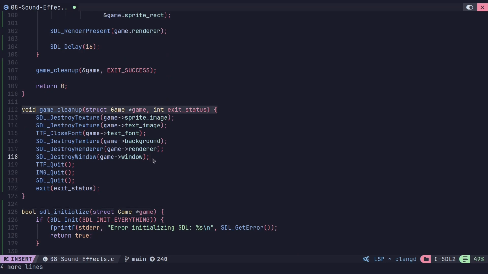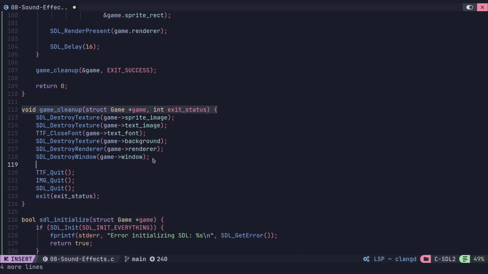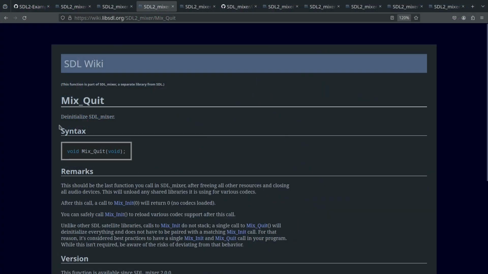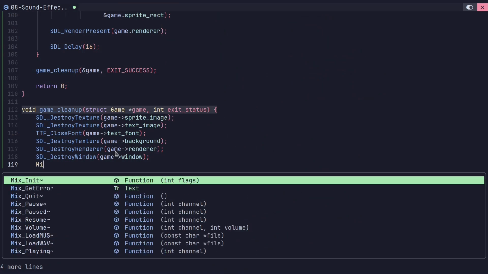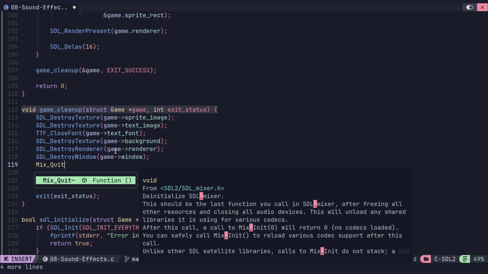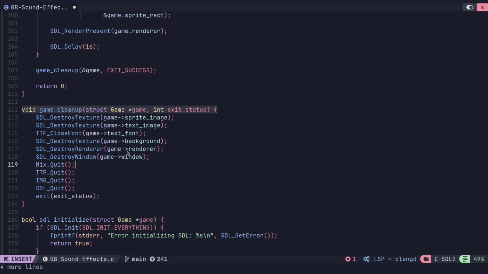So right up here in our game cleanup, I'm going to do the reverse, which the function is just a very simple one over here, mix quit. It's a void function. It's not taking any parameters. Okay,